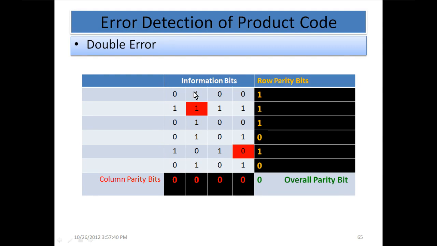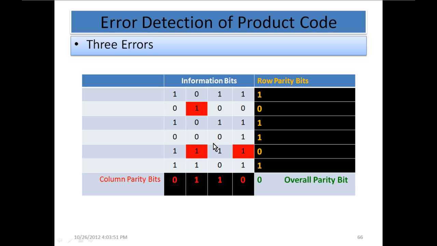For this one, the number of errors is odd, so it is detected. If it had 3 errors over here, it would have been detected again, and if we had 3 errors like this over here, the point is that they must not be in the same line. For example, if there is an error over here, it is detected, but it cannot be located in either the horizontal code word or the vertical code word.